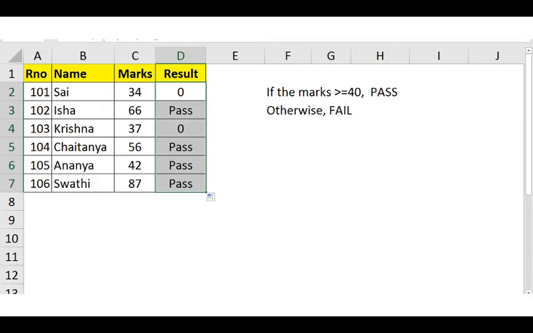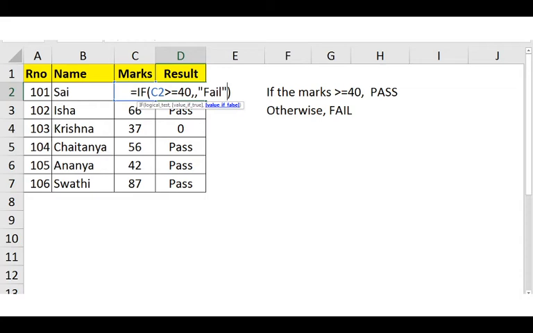So here this is not logical. I'll try the other way. Instead of displaying pass, if I don't give any parameter for the second value, and in case the condition does not satisfy, I want to display fail.